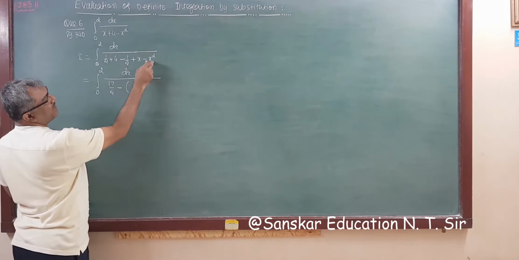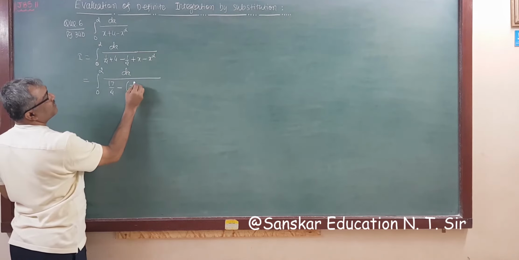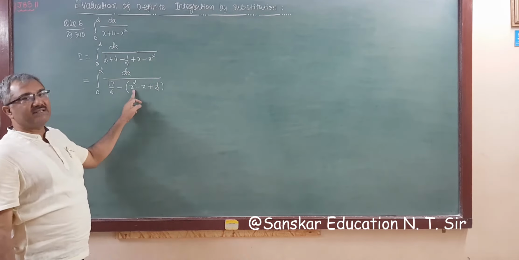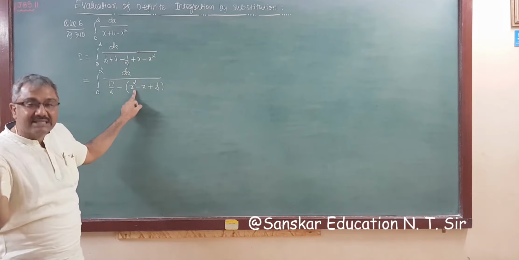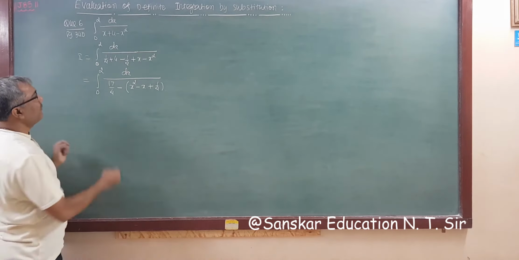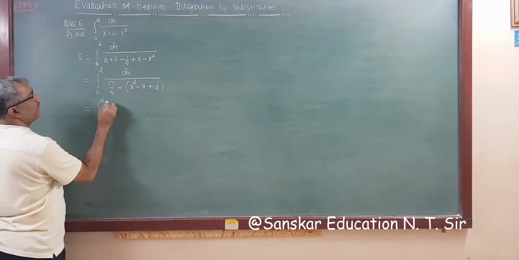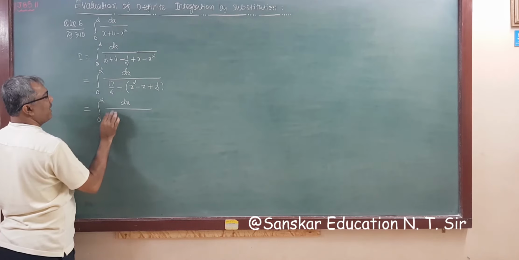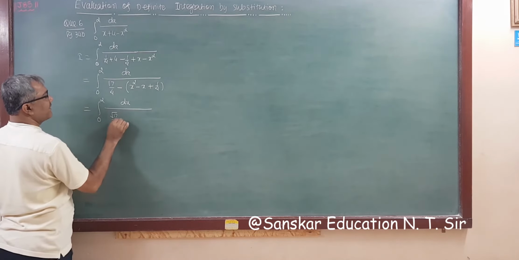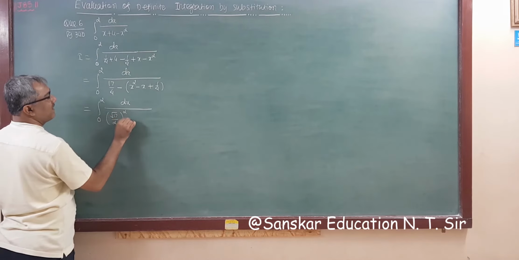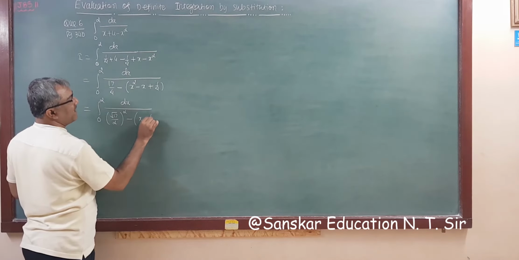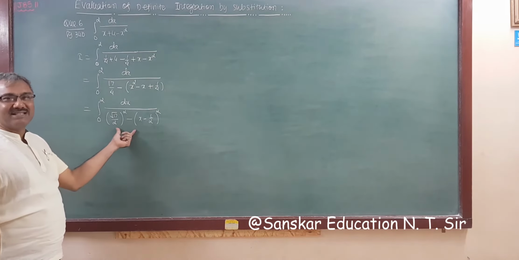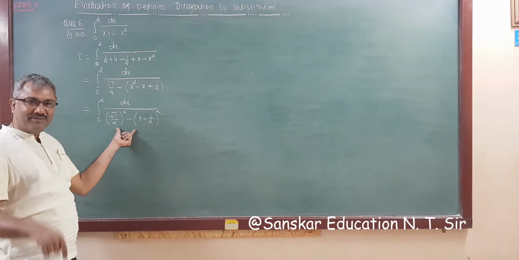If we take minus common, then minus becomes plus and plus becomes minus. So this is x square minus x plus 1 upon 4. This is a perfect square, x minus half whole square. So this is the integral from 0 to 2, dx whole upon root 17 by 2 whole square minus x minus half whole square, right? For indefinite integration this is the a square minus x square formula, so the same we have to apply for definite integration.